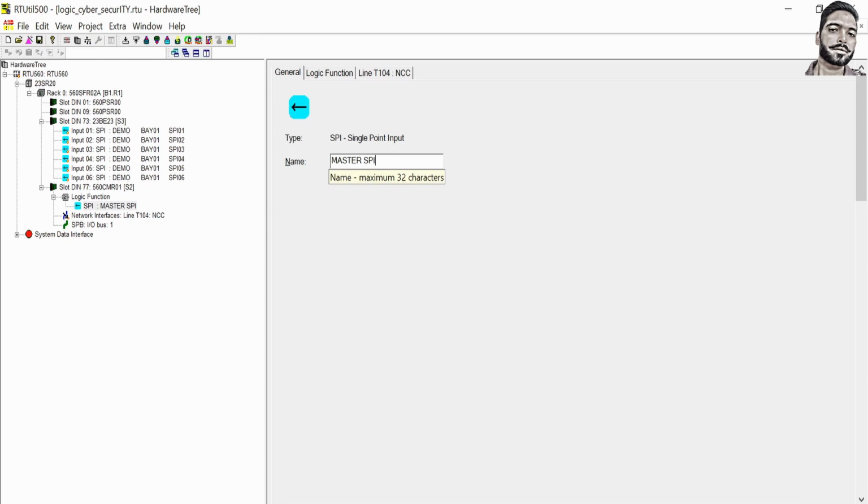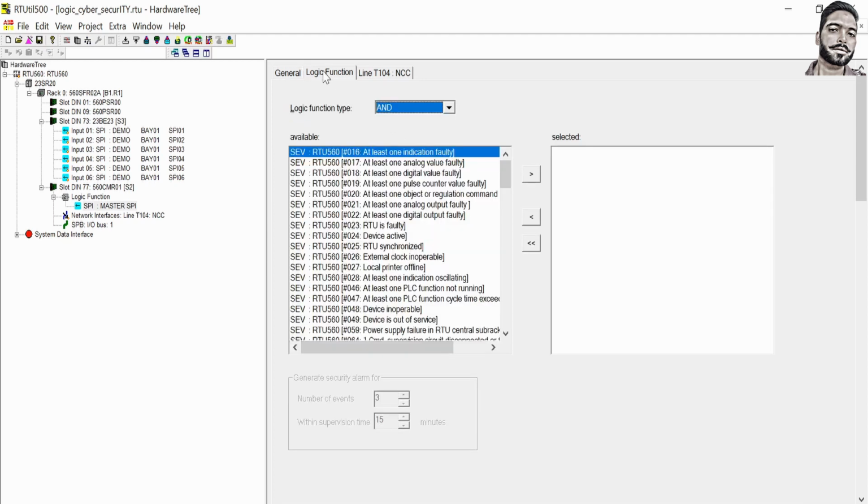This type of scenario comes up when you are creating a SCADA project. If you have 6, 7, 8 signals but you need a common signal for all of them, then you have to loop all those signals and take that signal again. But without looping those signals, you can also do this by software. Very simple. Then you come to the logic function here.